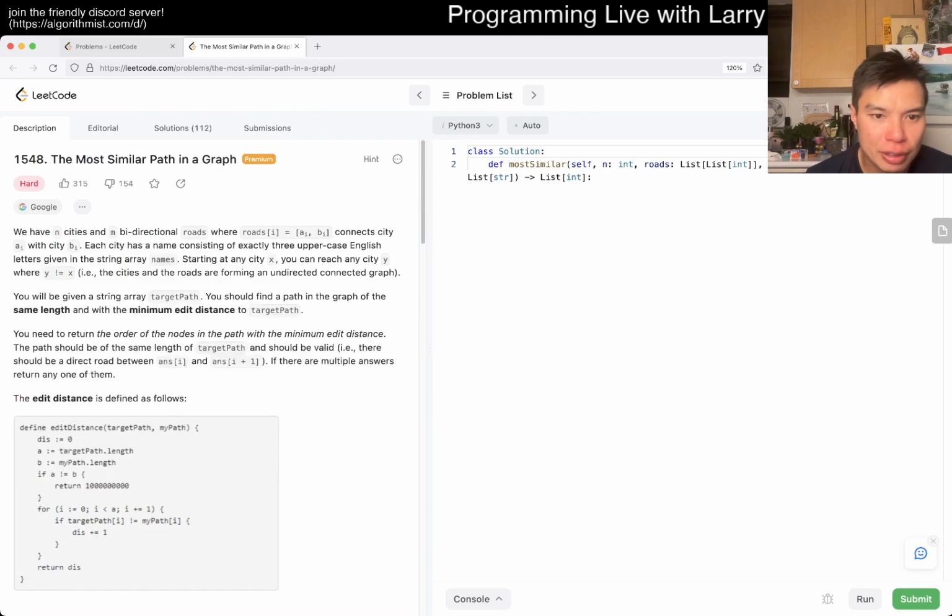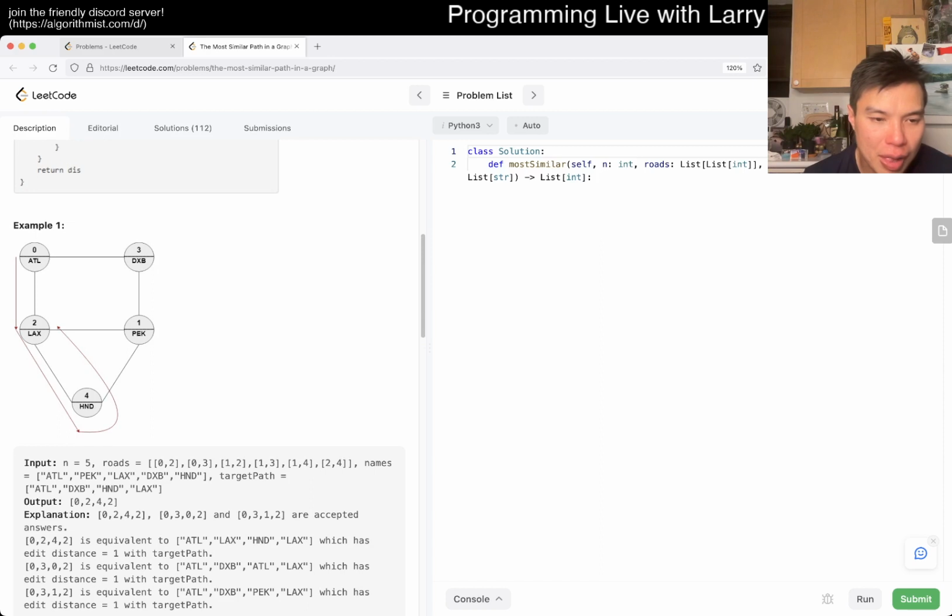What are we returning? The order of the nodes and the path of the minimum. Okay. So you want to go Atlanta to DXB to HND to Lux to LAX. Lux? My Alexa is thinking I'm talking to her. But